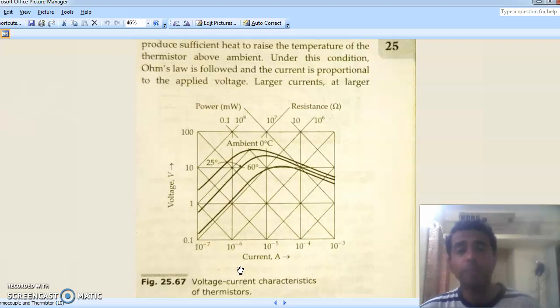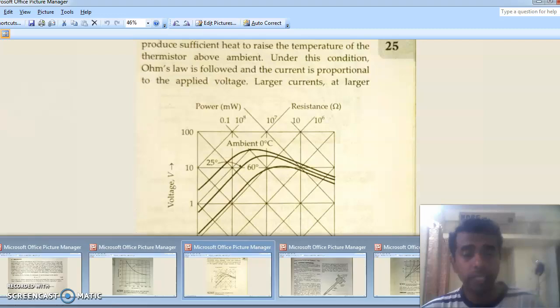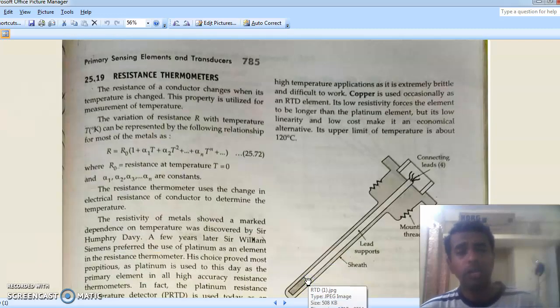So it is very sensitive to temperature changes. That is why, unlike a thermocouple, the thermistor is used for measuring small variations in temperature. We use a thermocouple for large variations in temperature, whereas thermistors are used for small variations, and the reason is that the sensitivity is very high. Okay, so this is all about thermistors, and next we'll see about the entry level